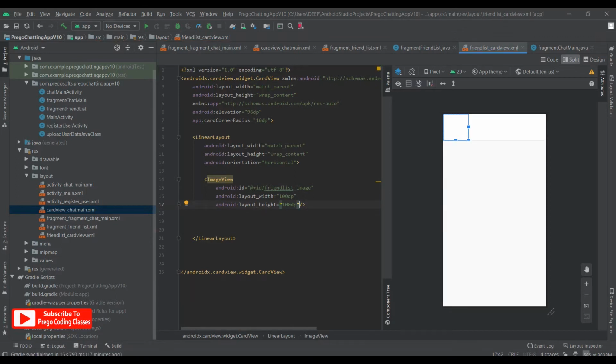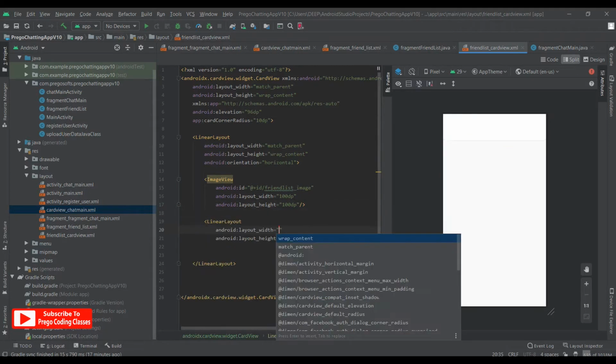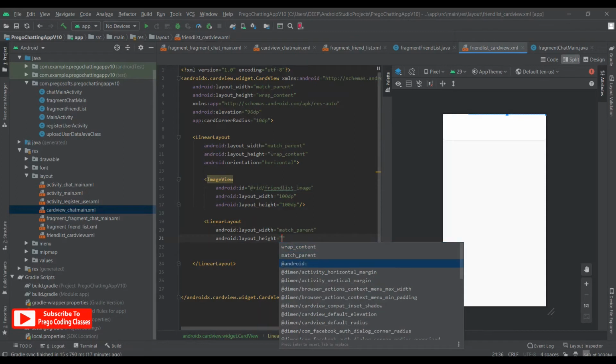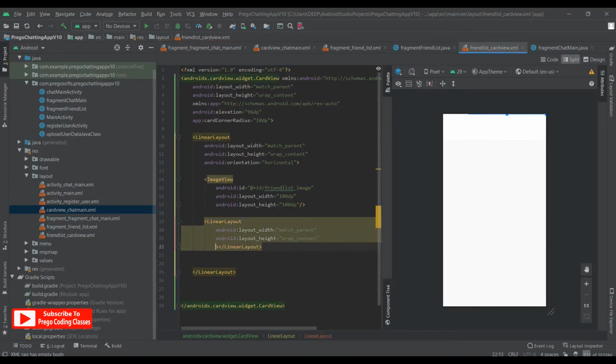That's done. So underneath we'll create another linear layout where we'll use match parent and wrap content. This one's orientation would be vertical.